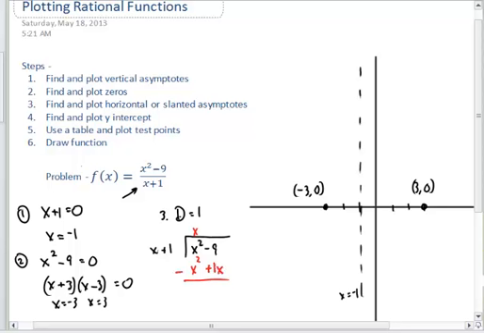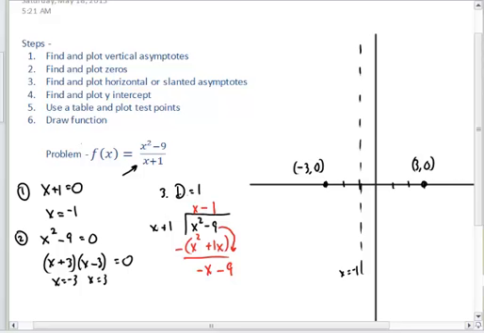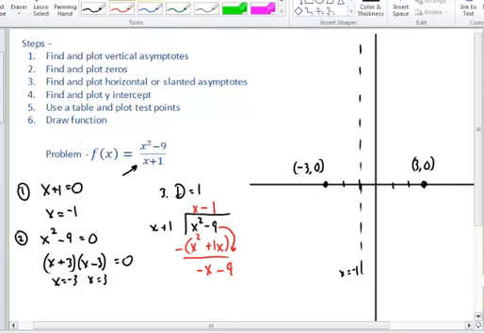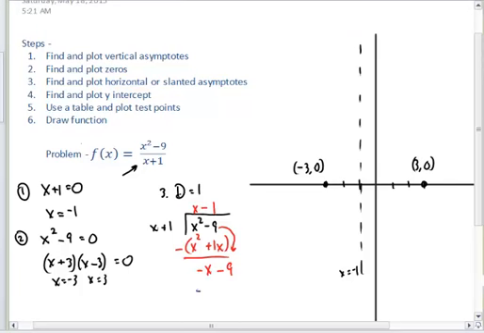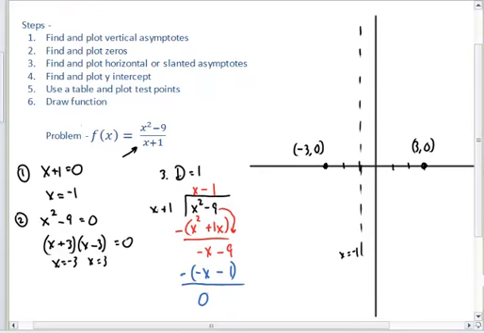So when we subtract that term, the x squareds are going to cancel, but then we're going to have negative x in the bottom, and remember to bring down that -9. So now we've got to find the next term, and that's going to be -1. I'm just going to change the ink color so we can see it better. That'll give us negative x minus 1, and when we subtract that quantity, we're going to get 0